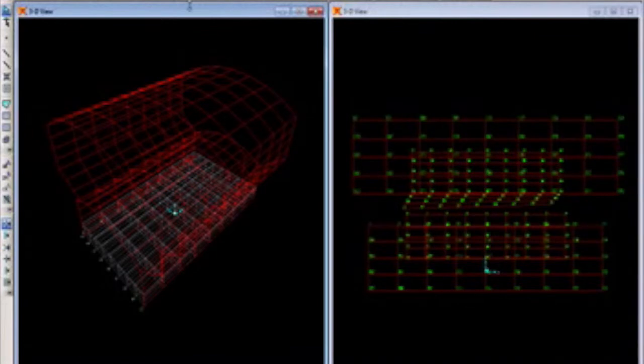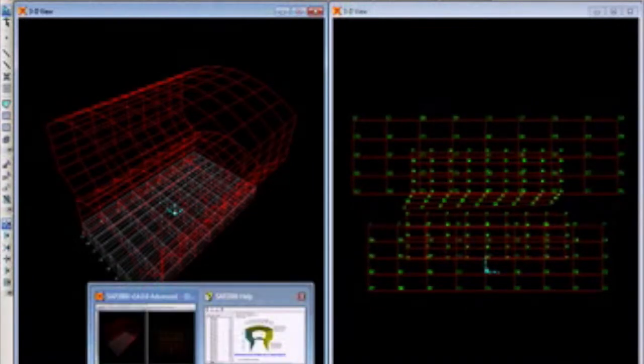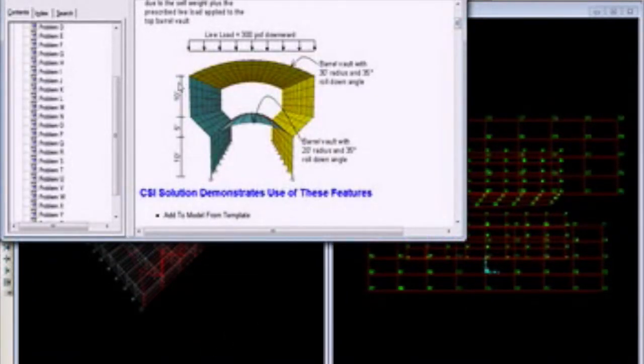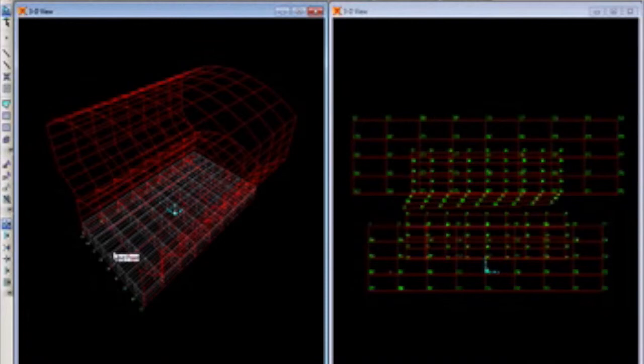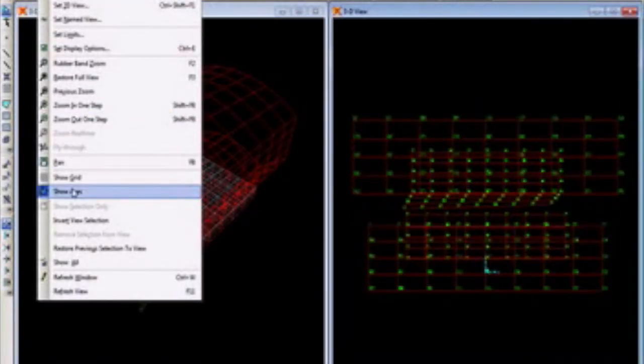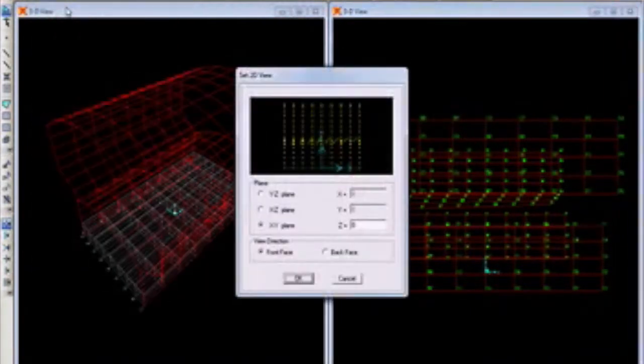If you see the entire view over here, all the members have been created as per this drawing. Now there is a problem here. I want to assign restraints to this member. So I'll go for view, and go for set 2D view to assign the restraints to the member.